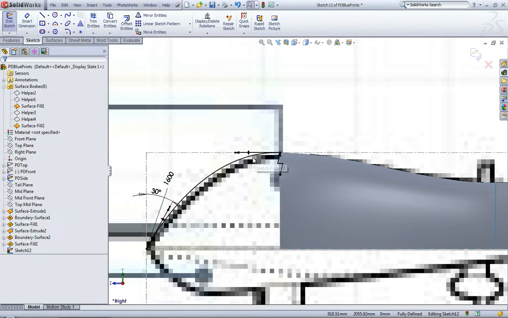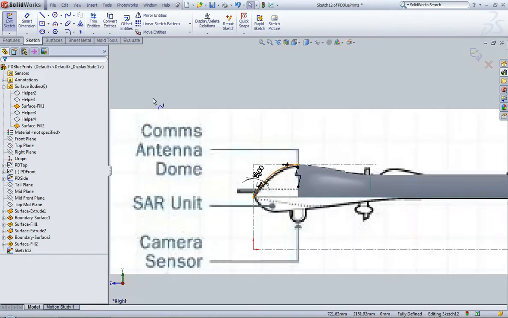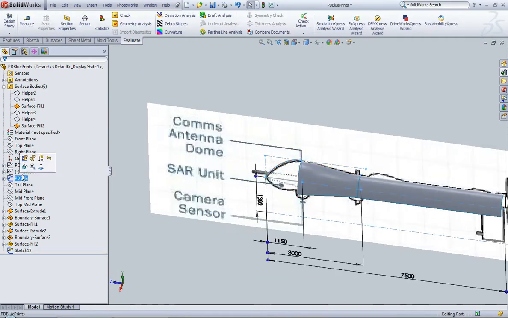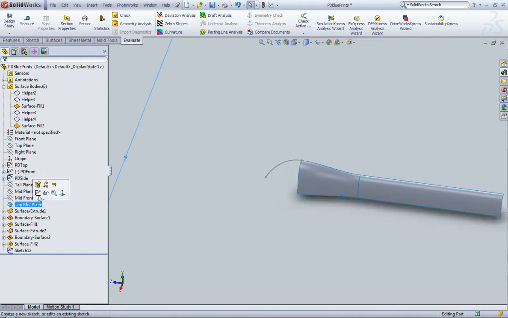So one thing to note, this curvature relation that you're adding is actually giving this tangent relation here as well as driving the weight of this handle. And it's doing that by matching the weight of this for a certain amount away from this intersection point. So you might be wondering, yeah, it's actually tangent there, but tangent along with this weight really gives it that equal curvature relation. Alright, let's exit out of that sketch